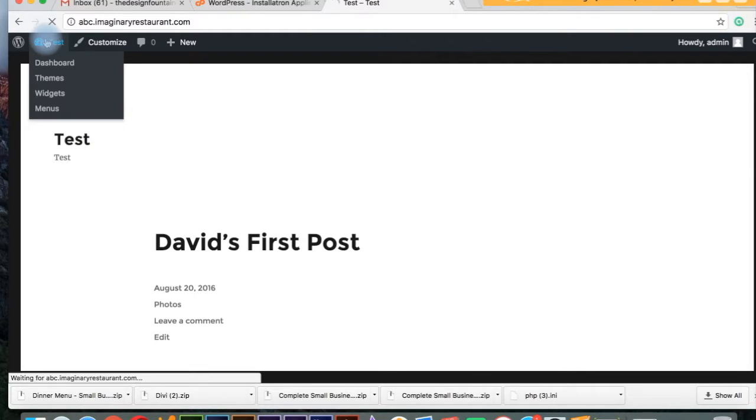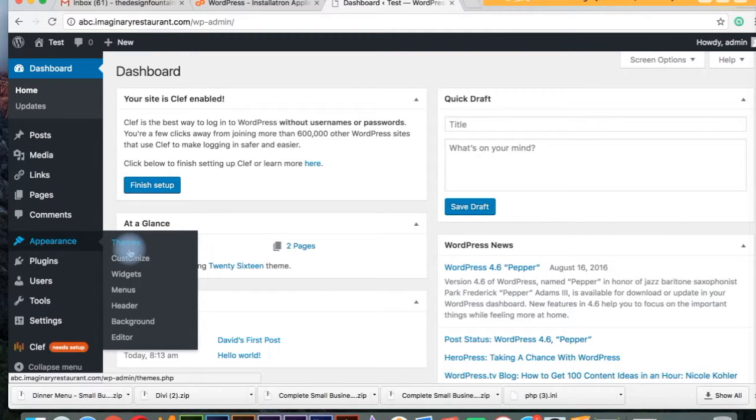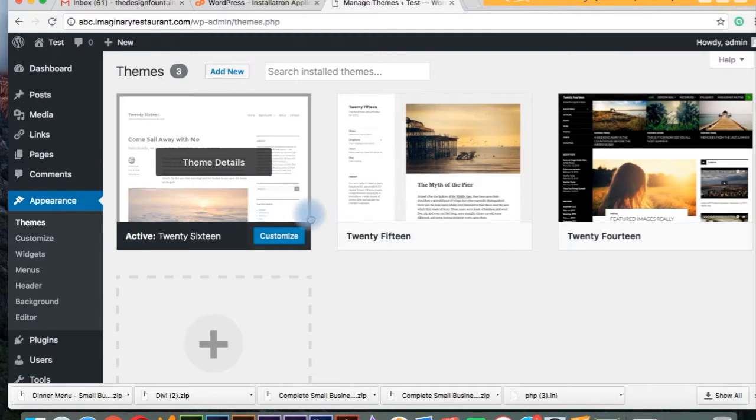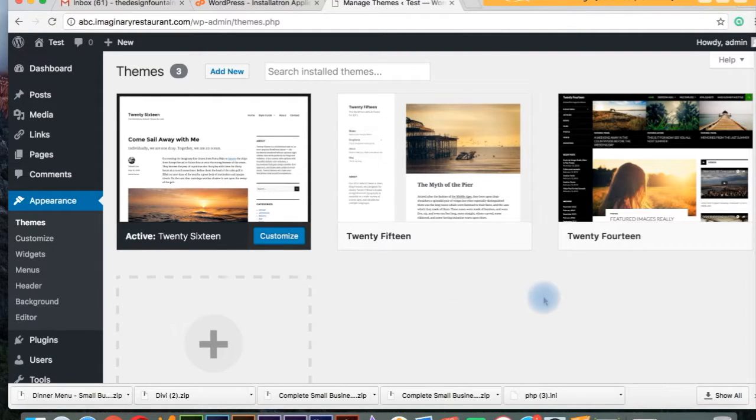But if we go back to our dashboard and we go down to themes, we have a bunch of different options. We have these themes, which were already installed with WordPress, which most people don't use, and I don't recommend them either. But if you want to give your site a really snazzy look, you need to use your own theme. So if we click Add New,